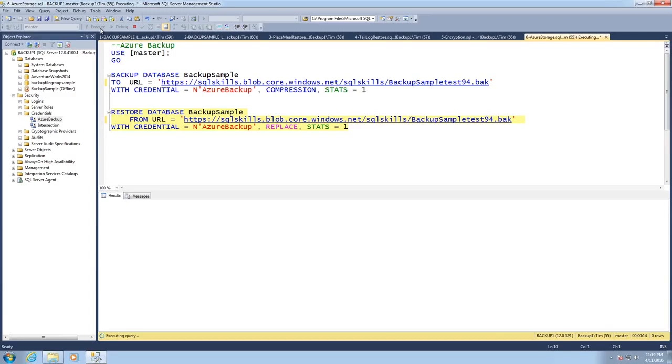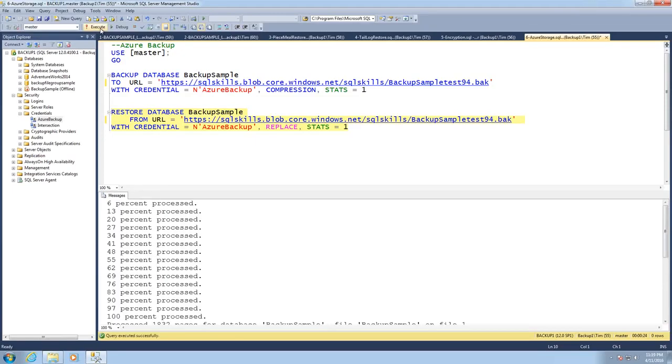But this is kind of cool. I mean, if you don't have another data center and you need to be able to get your backups offsite, this is a very inexpensive way to do that. You could still leverage, instead of backing up to URL, you could still back up to disk, and there's, I think it's called Azure